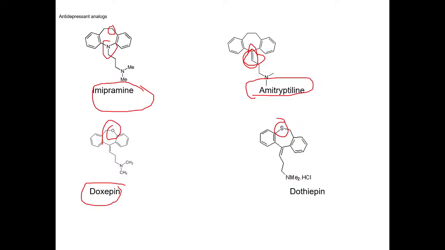So the major difference here is that the nitrogen is removed and oxygen is added, correct? And again here the nitrogen is removed and sulfur is added. So that can alter its log P values, or partition coefficient, mainly. Also, in imipramine and amitriptyline, you are reducing the polarity of the molecule. Imipramine has a polar nitrogen group, whereas that is replaced with a non-polar carbon, correct? So this will reduce its log P values.